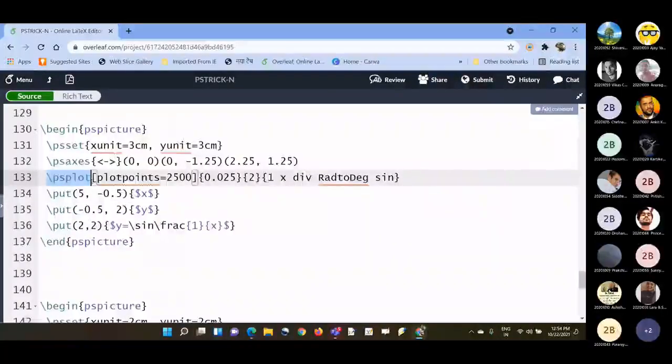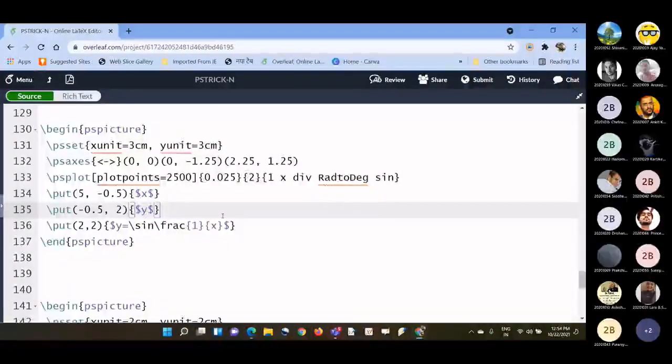Then we have psplot, plot points. Plot points means that when you were plotting some graph in earlier classes, suppose you have been given some function y equals f(x), then you used to give different values of x. Sometimes you give 5 values of x, then you get 5 values of y corresponding to them.